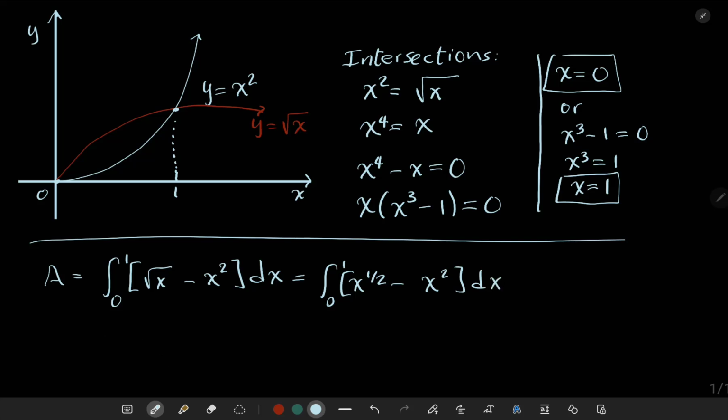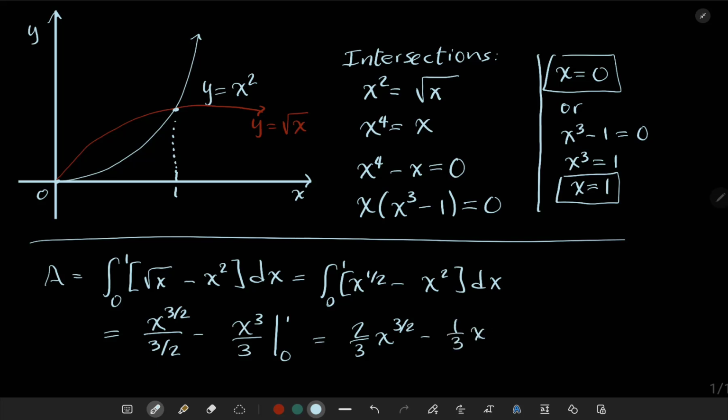And so we get that the integral there, you add 1, you're going to have x to 3/2 over 3/2 by adding 1, minus x squared, you add 1, is x cubed over 3, between 0 and 1. Now this is going to be 2/3 of x to the 3/2 minus 1/3